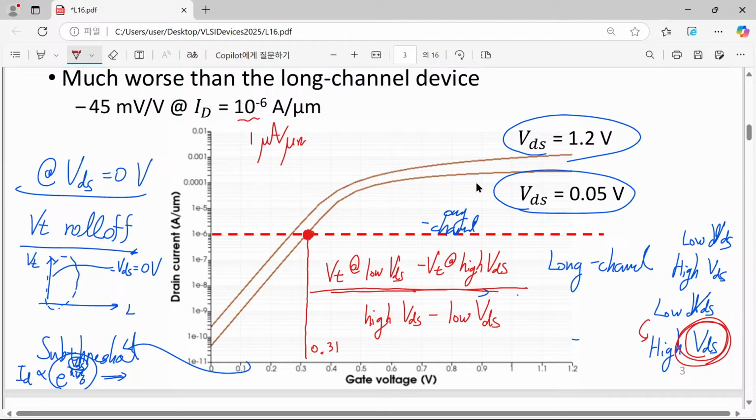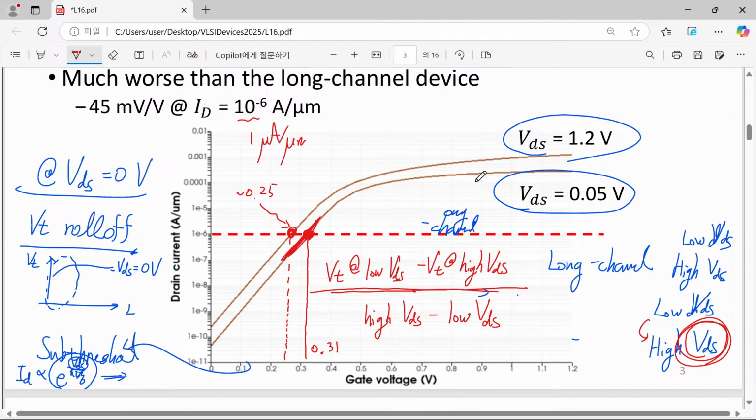Now if we increase our drain voltage up to 1.2 volt, if everything is ideal, then we have to have exactly the same value, but in reality we now have a strong reduction of our threshold voltage. Let's say, in my estimation, it's like 0.25,